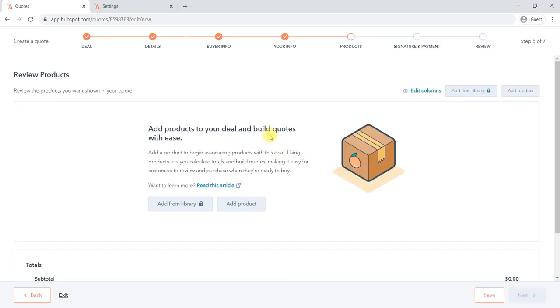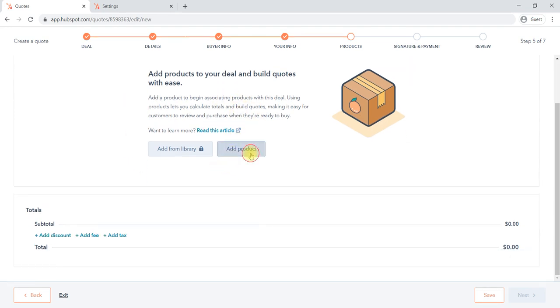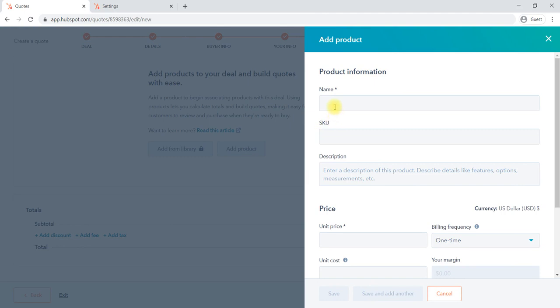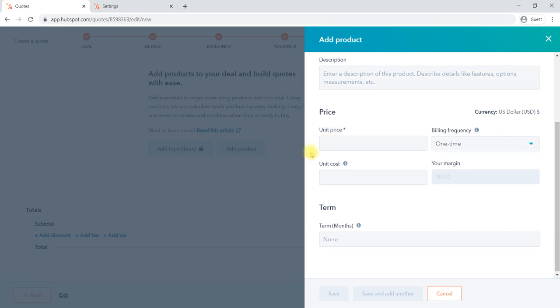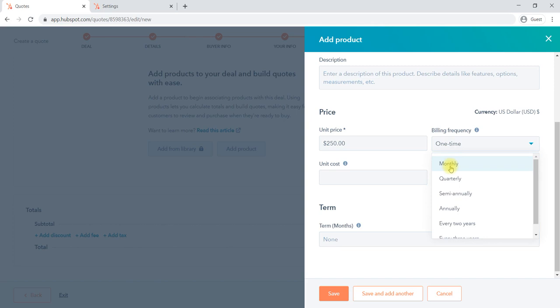Next, it will be products. You can add the products here, which products, and what the quantity is. Then here you can give the unit price, like how much it is per unit. And the billing frequency, whether monthly or one time, we can select.